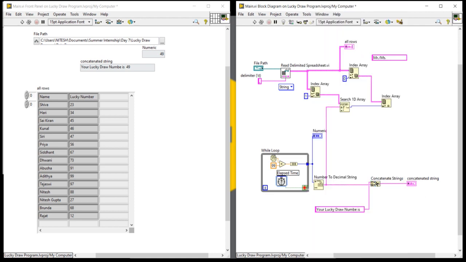I will take this concatenate string and connect it like this.